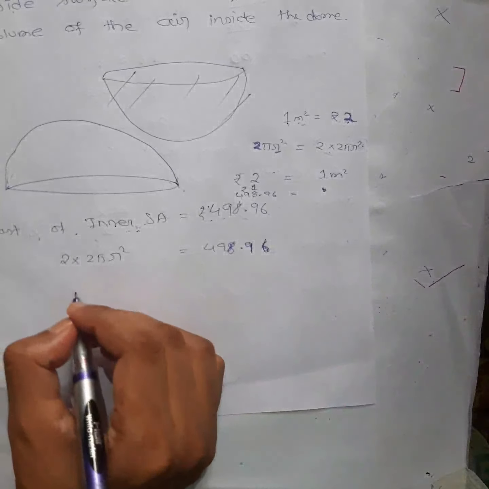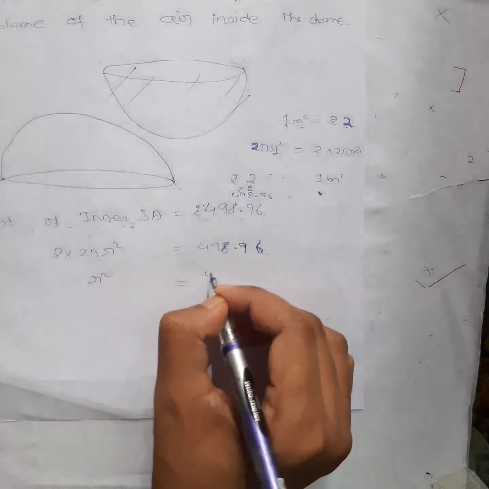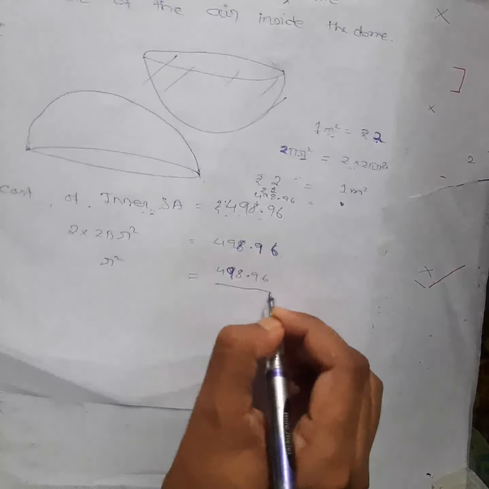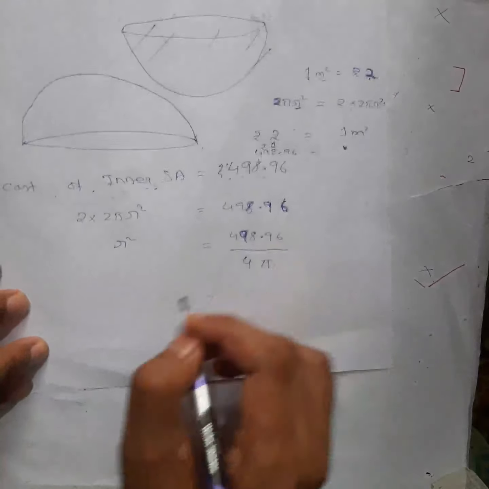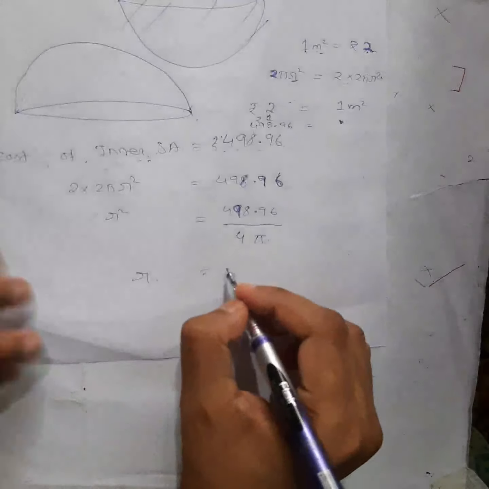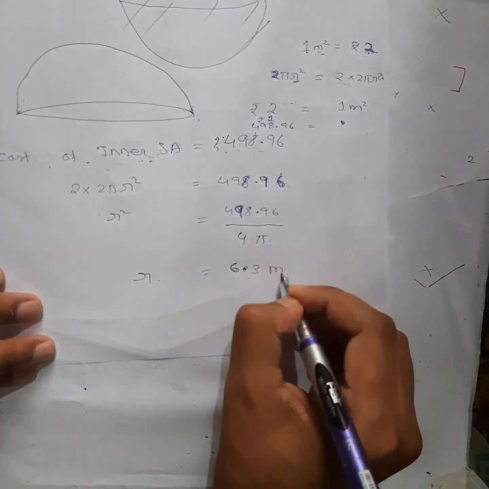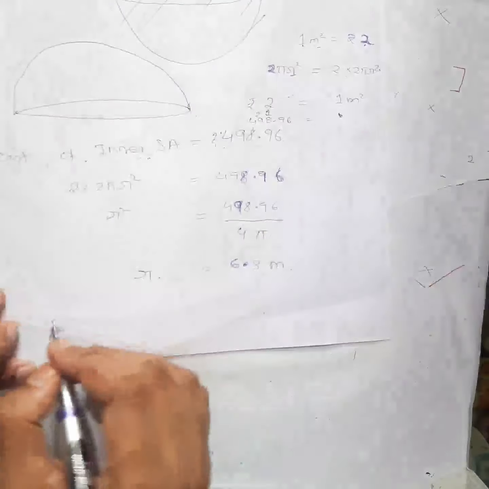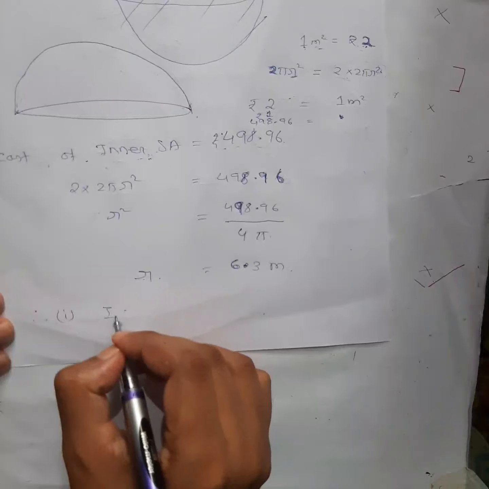So if you solve this one, r square, bring it this side, 498.96 by 4 pi, you bring this side. If you solve this, r you will get 6.3 meter. Okay, radius you will get 6.3 meter. Now what will be the inner surface area? Therefore, number 1, the inside